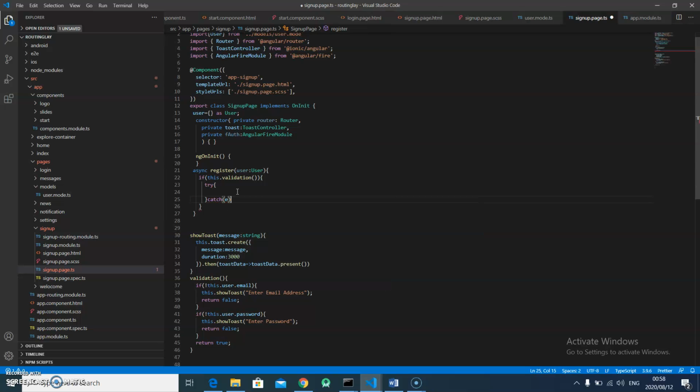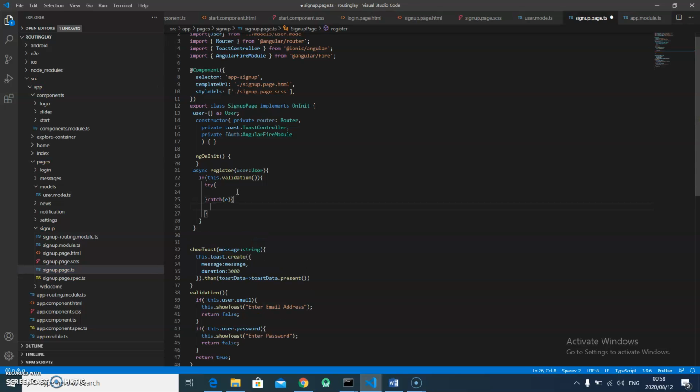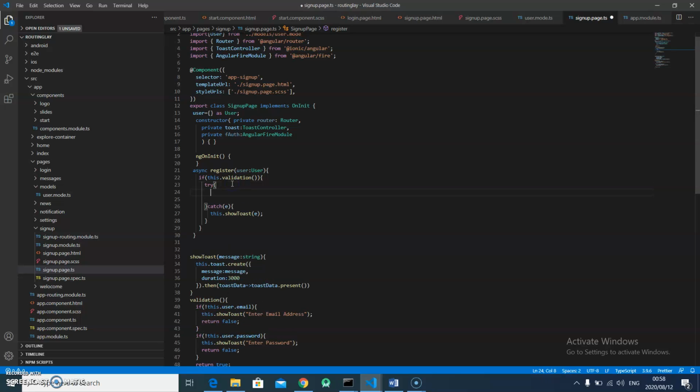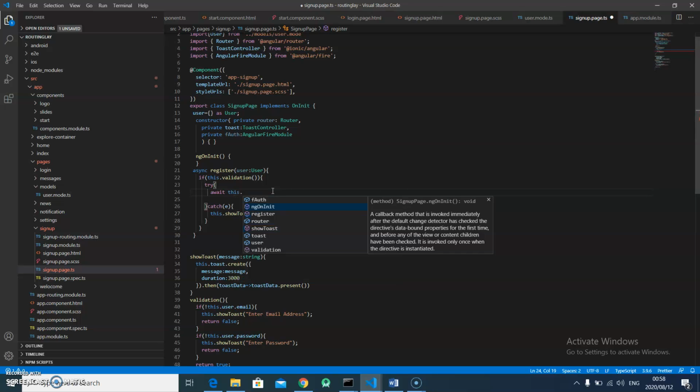I catch the exception thrown, and then I say this.showToast, and put the exception thrown here. If there's no exception thrown, meaning the text boxes are fine, then I'll say await this.auth